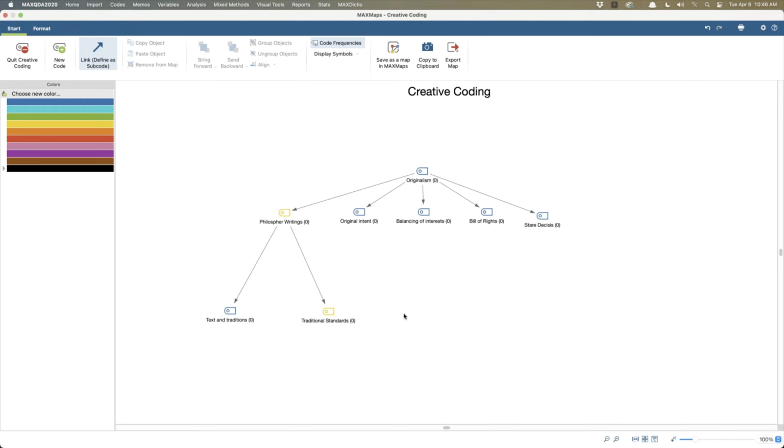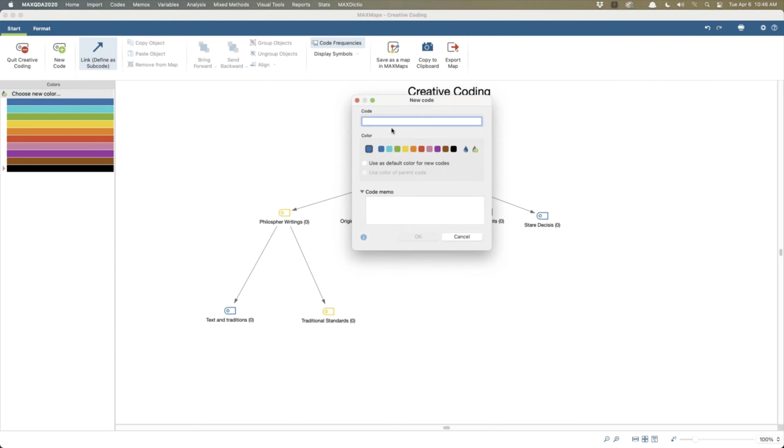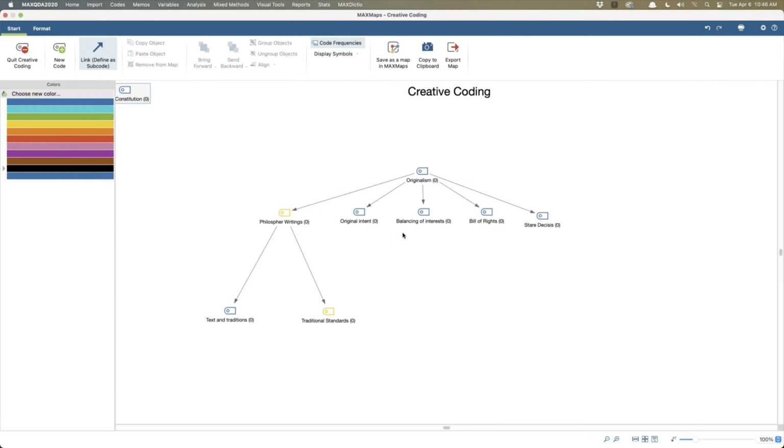Well, let's see, what else am I missing here? Original intent, balancing interests. Just going to make this up. Create a new code there.